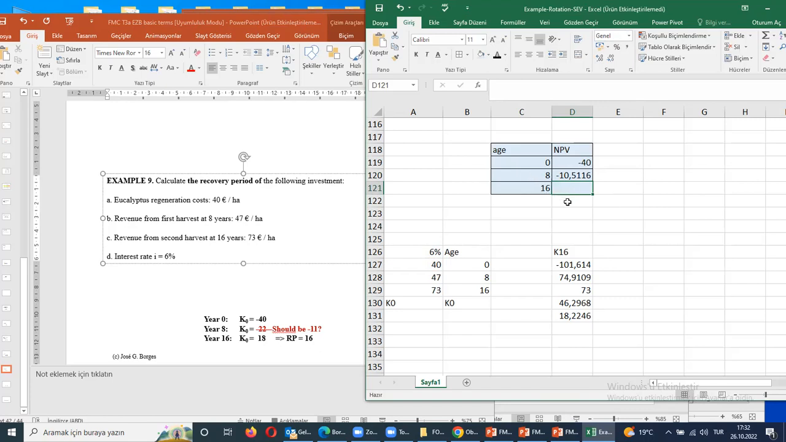We still have to go further in order to find the period where the net present value becomes positive. Let's take a look at the year 18. So we have to calculate the future values of the costs and all the associated items. Let's take a look at the future values. That is what we mean by K16, future value of cost, which is equal to this equation,